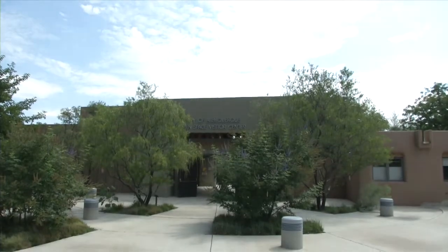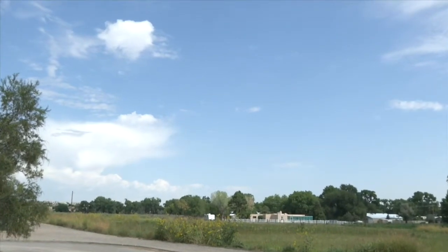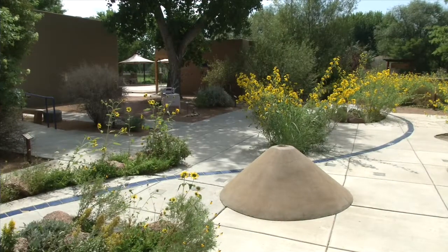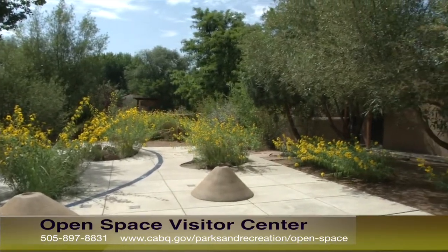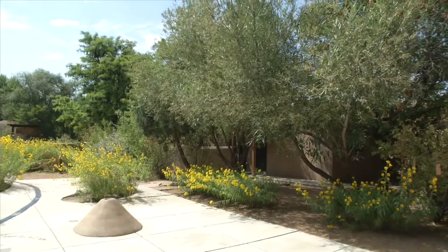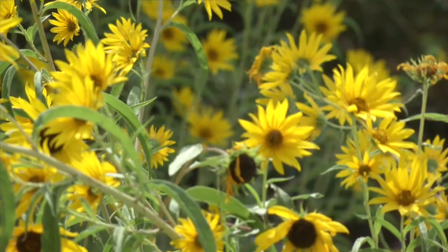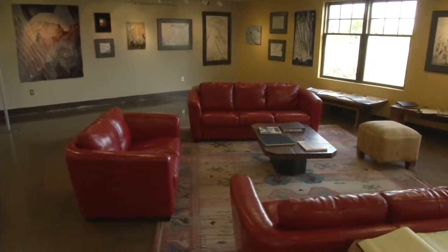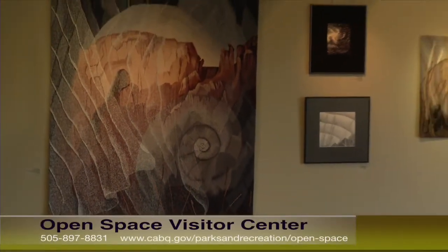And really the Open Space Visitor Center is the interpretive hub for the entire Open Space Division, which is part of City Parks and Recreation, and we manage about 30,000 acres of public land for outdoor recreation, wildlife preservation, and cultural resource preservation. And the Visitor Center is a destination in and of itself because we have 55 acres of really remarkable grounds, including 18 acres of agricultural fields. We have interpretive gardens, and of course the gallery, and different spaces and exhibit rooms that are permanent exhibits where people can come and learn more about the open space program, the lands that we protect,